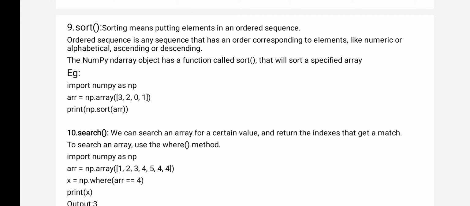Total how many elements are there? See the first line, import NumPy as np. So, here I have imported the NumPy library file. Next, I have created one array. What is the name of the array? arr equals np.array. Again, here the array is an object. How many elements is it holding? 4 elements, 3, 2, 0, 1.